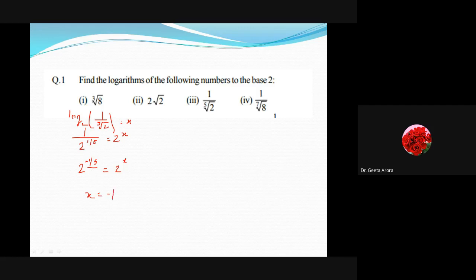And after that, we have to start with the last part. So if you have done, start with the last part, the fourth part. Here again, we are saying what is the value of log base 2 of 1 by the seventh root of 8. Whenever it is written in small, it means we are talking about it's that power. If it is written with the same font, it means we are talking about multiplication. So again, we are looking for this. So work on it and let me know the answer.